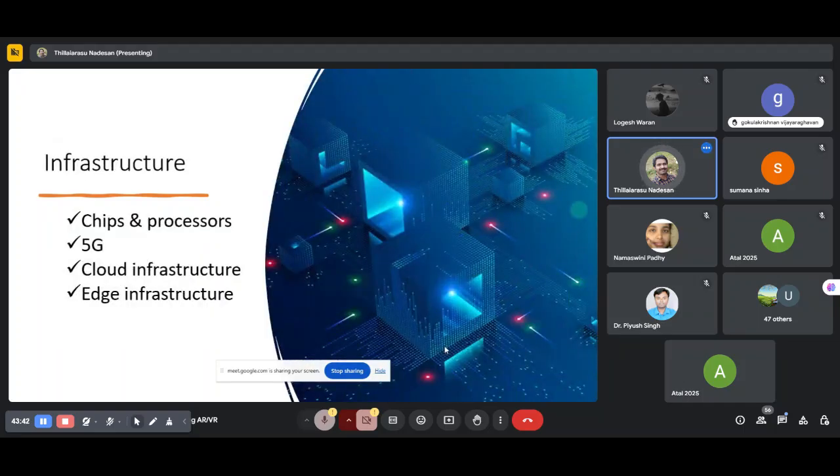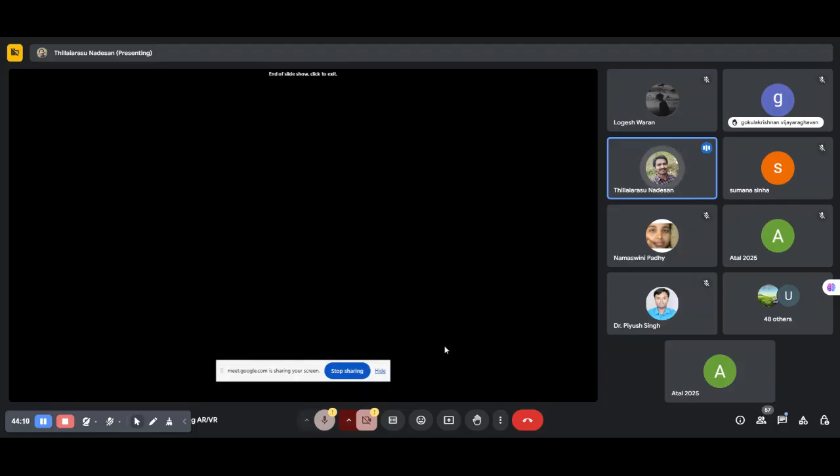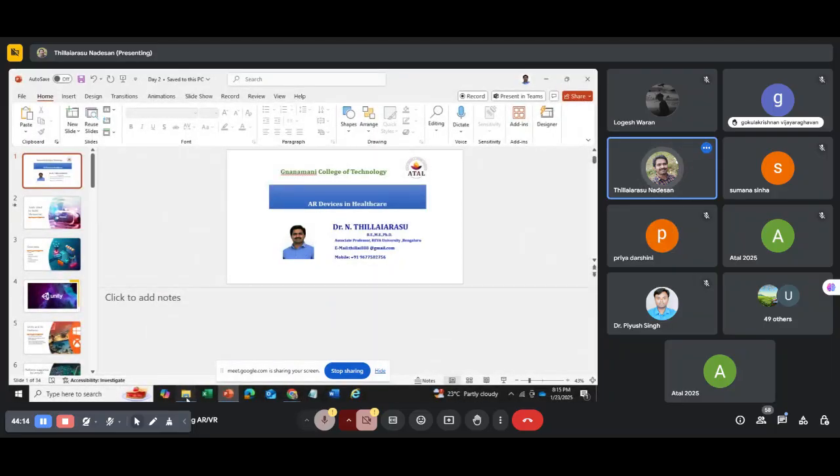See, infrastructure, we will come to the end: exactly what infrastructure we require. With minimal infrastructure you need a very good chip, very good hardware components and very good internet connectivity, and all this you are supposed to store with good infrastructure. Cloud and edge infrastructures are required to build this kind of metaverse. And next, with this, these things are over, and I'll run through some more things.